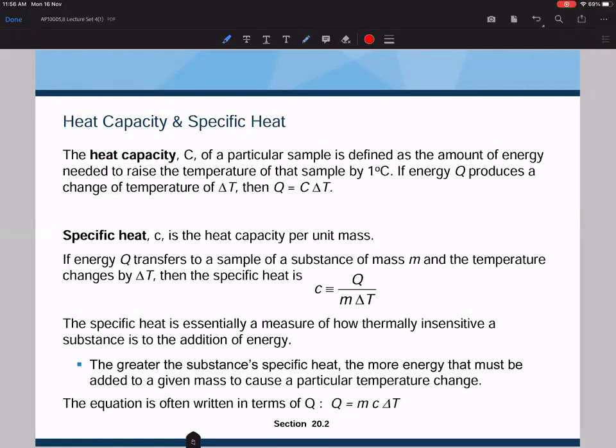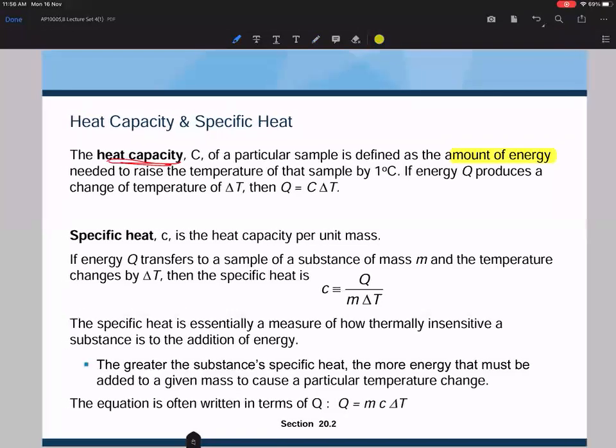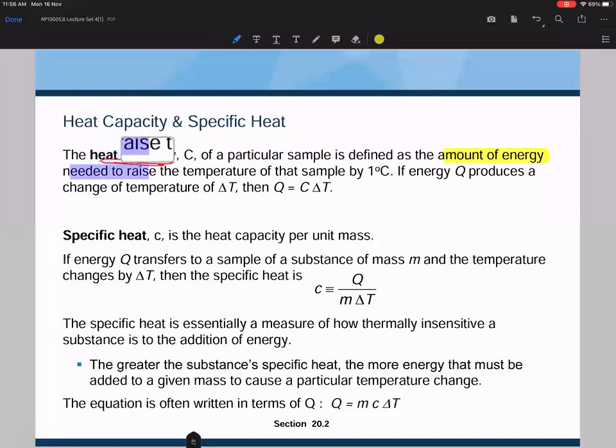So the heat capacity refers to the amount of energy needed to raise the temperature of a system or a sample by 1 degree Celsius. So this would refer to any sample. As long as you are raising the temperature by 1 degree Celsius, the amount of energy required is the heat